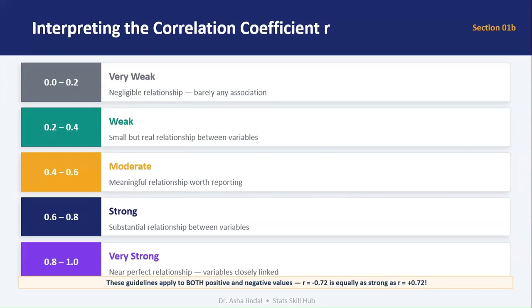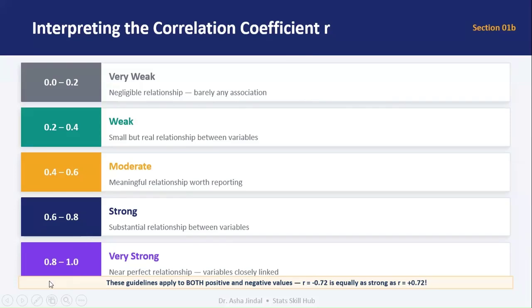Now, let us understand how to interpret the strength of correlation. Values between 0 and 0.2 indicate a very weak relationship. 0.2 to 0.4 indicates weak correlation. 0.4 to 0.6 indicates moderate correlation. 0.6 to 0.8 indicates strong correlation, and values above 0.8 indicate a very strong relationship.